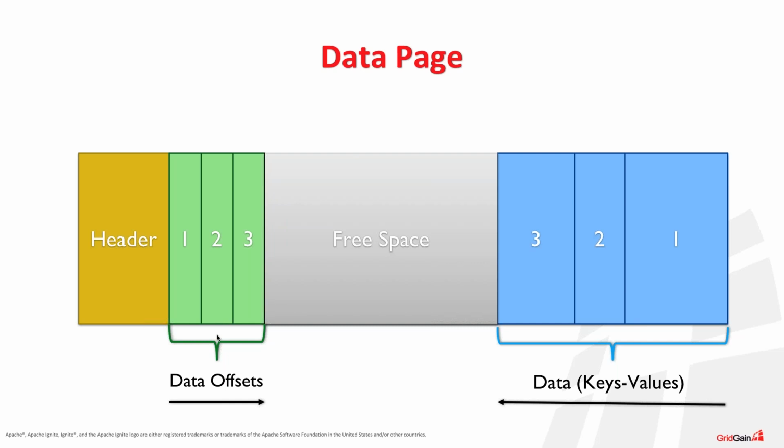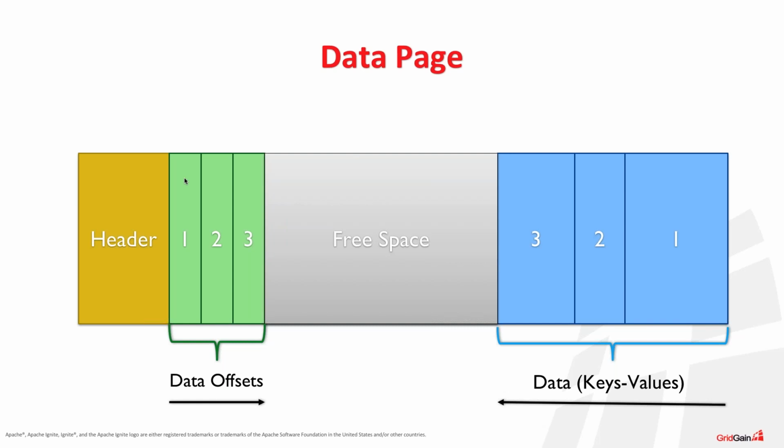It means that if, for instance, your application wants to get some data, then at some point of time, we need to get a data offset to a specific record in your data page, and this data offset is stored somewhere in the B+Tree data structure.